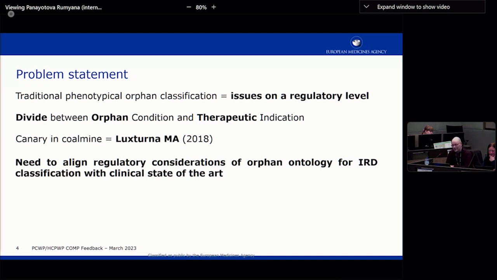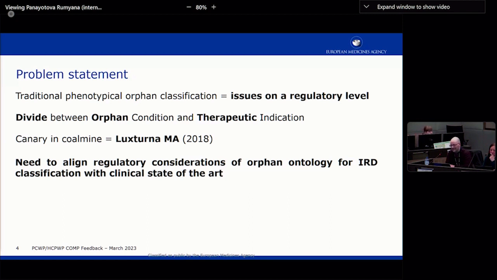And now the problem, of course, is since they had orphan designations for retinitis pigmentosa and Leber's congenital amaurosis, this new disease that they can treat with their product does no longer fall within the orphan indication. And technically that would mean that they lose the orphan indication. Now, in this particular case, it was covered with a mantle of love. And we said, okay, there's retinitis pigmentosa in the name, it's fine, it's covered.